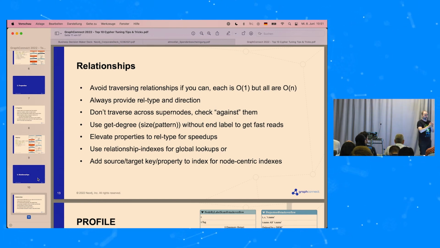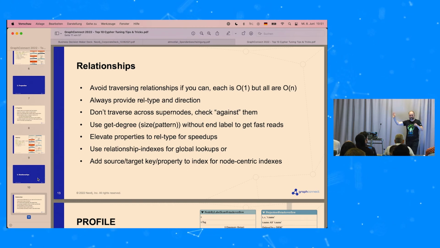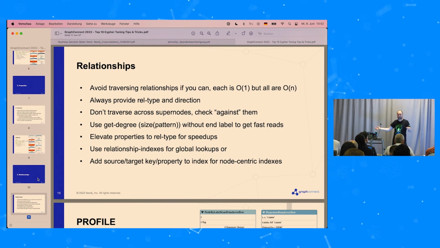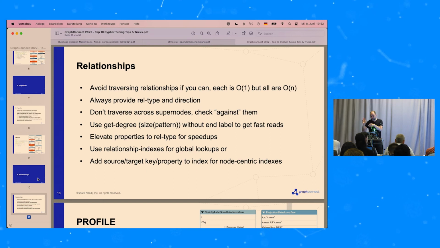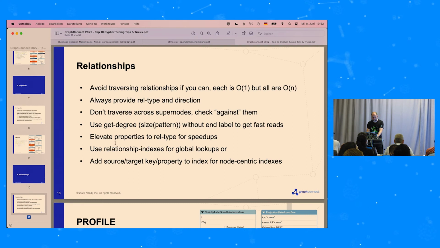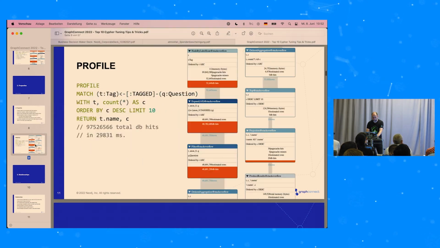So I can actually access subsets based on the source node and attributes, either ID or some key of the target node, as a subslice as well. So that's a little bit more involved. I just want to mention that it's possible. If you want to know more about it, find me later. So to show you the size pattern here,